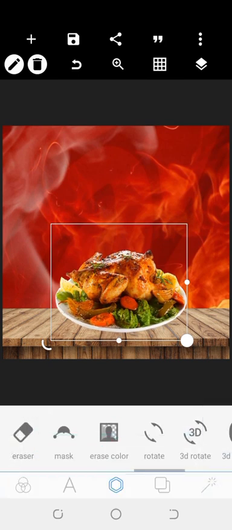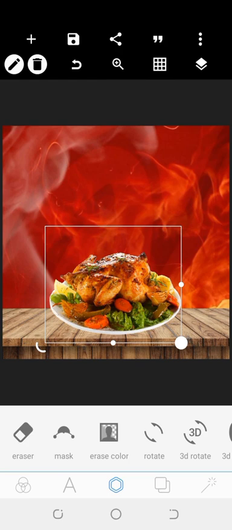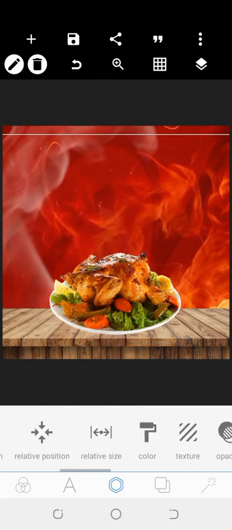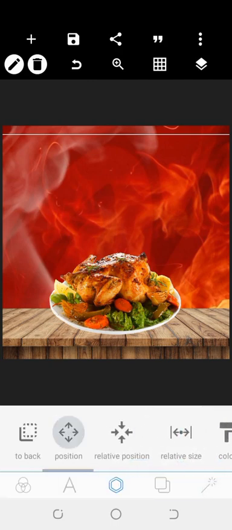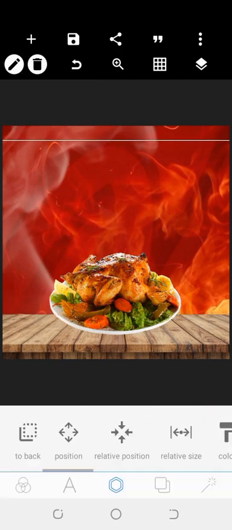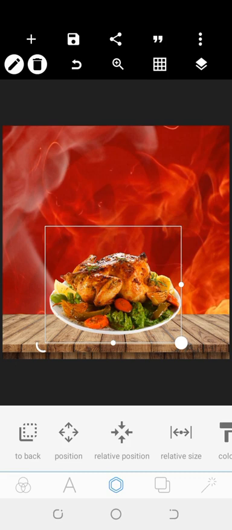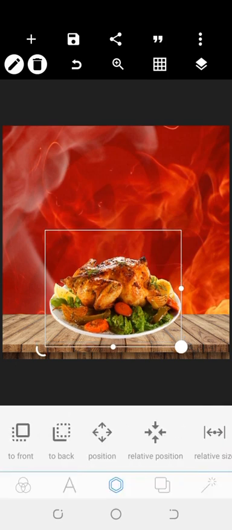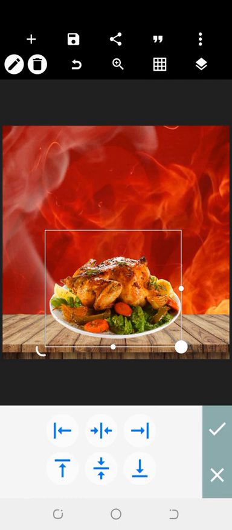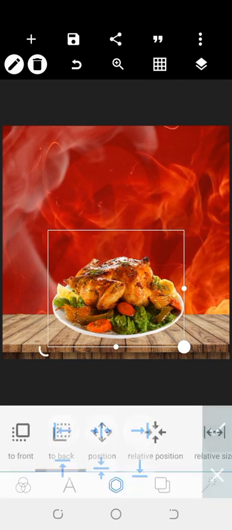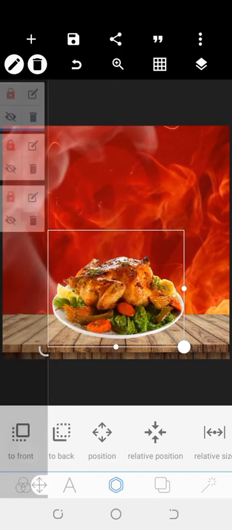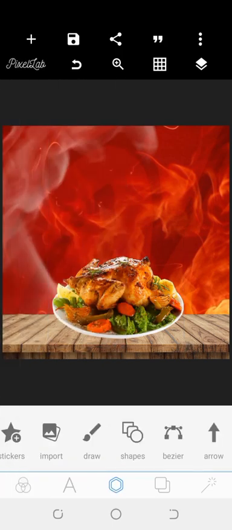Alright, awesome. Can you see what we are doing right here? So I'm going to then move this wooden table downwards a little bit. So take it down, and take this also. Then I will head over to relative position and ensure that it is at the center. Alright, so the next thing I'm going to do is I will ensure to lock the plate of roasted chicken,